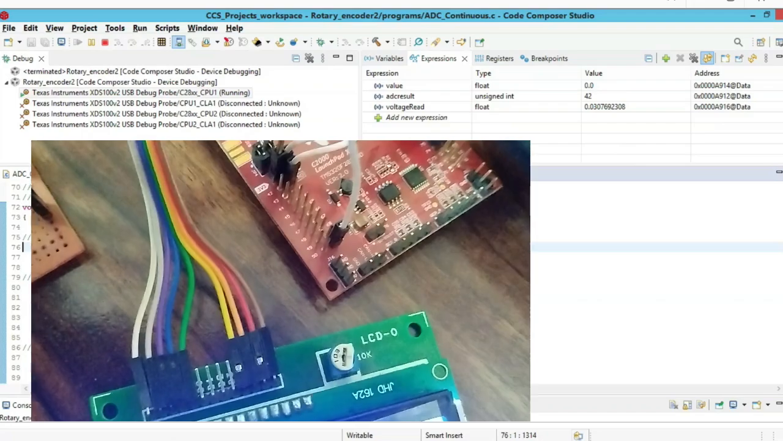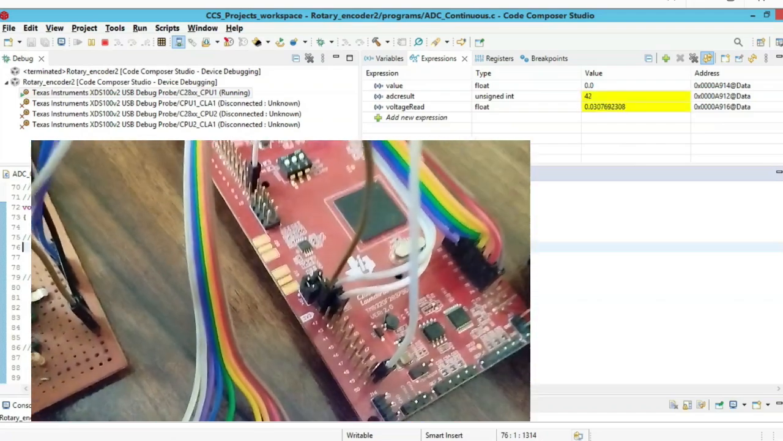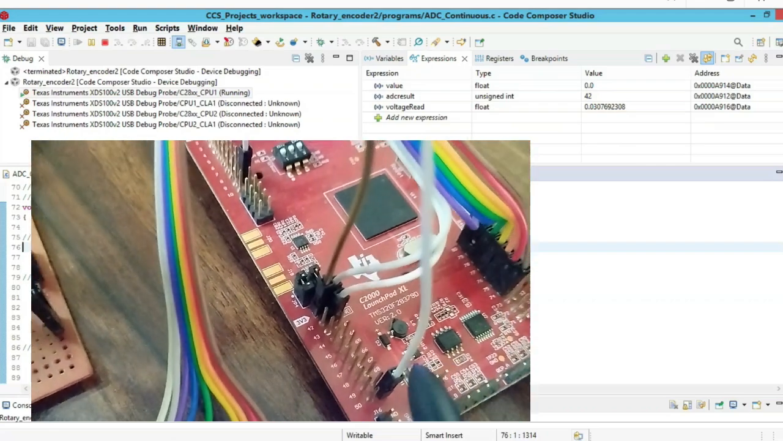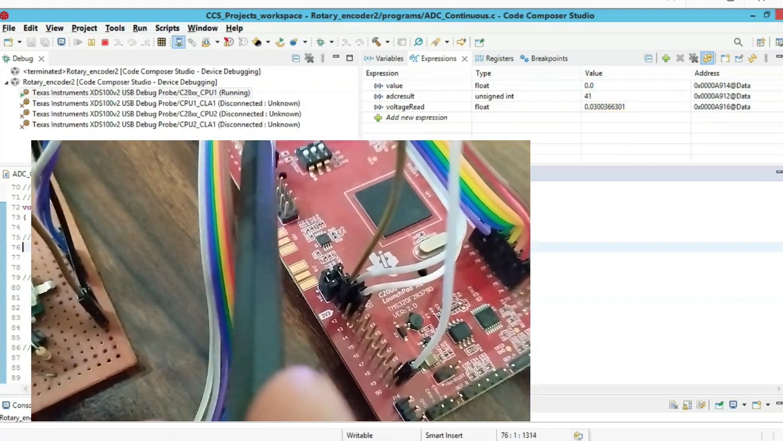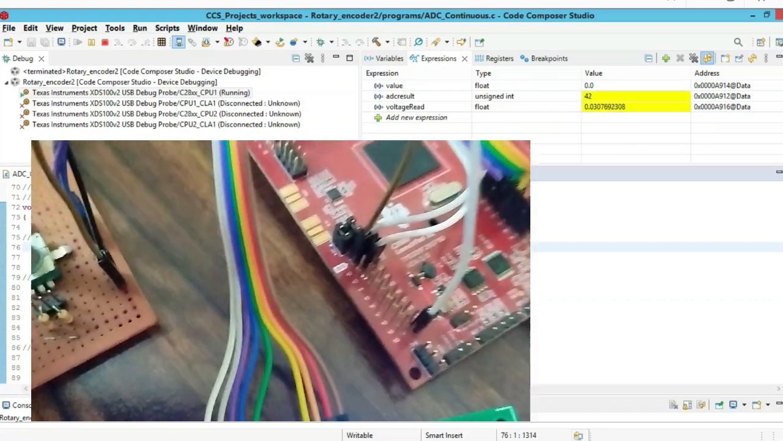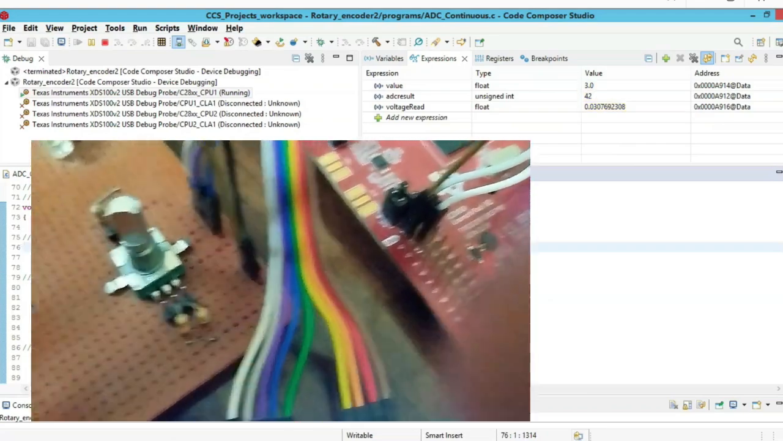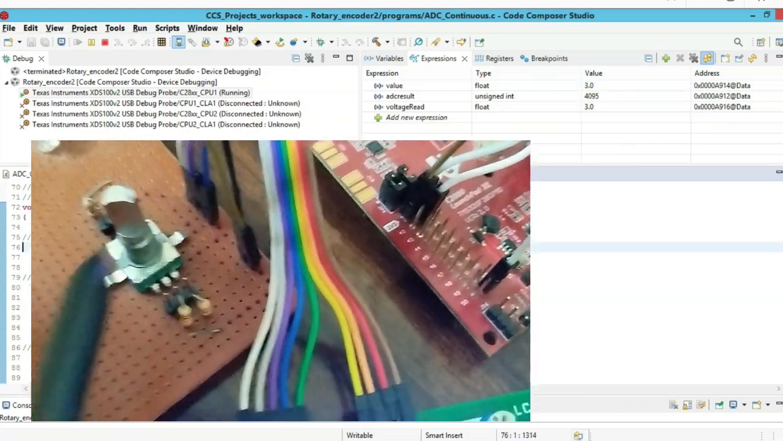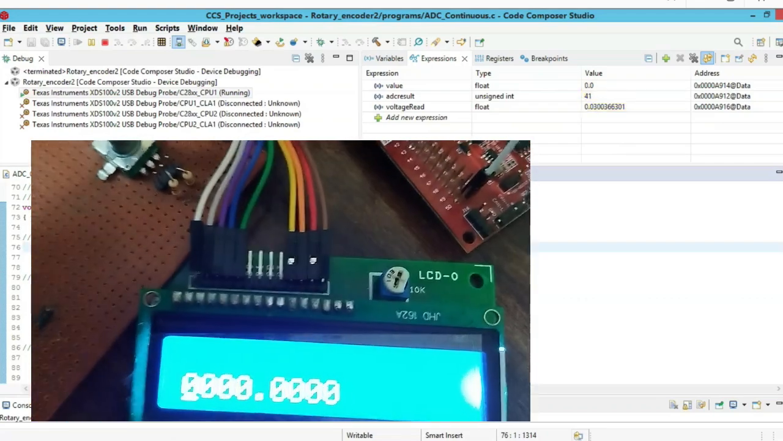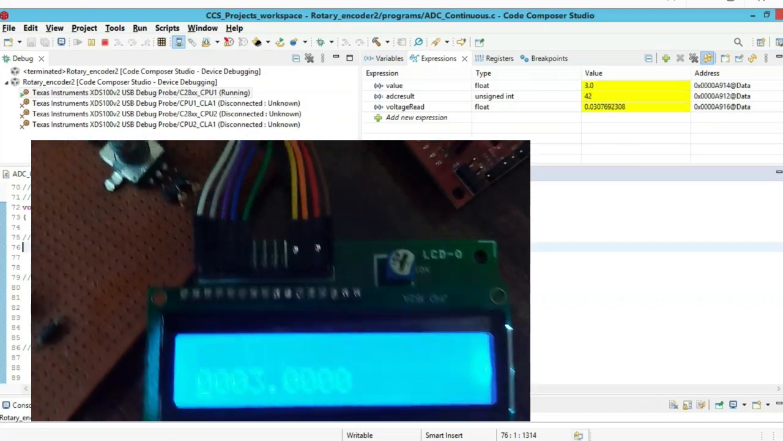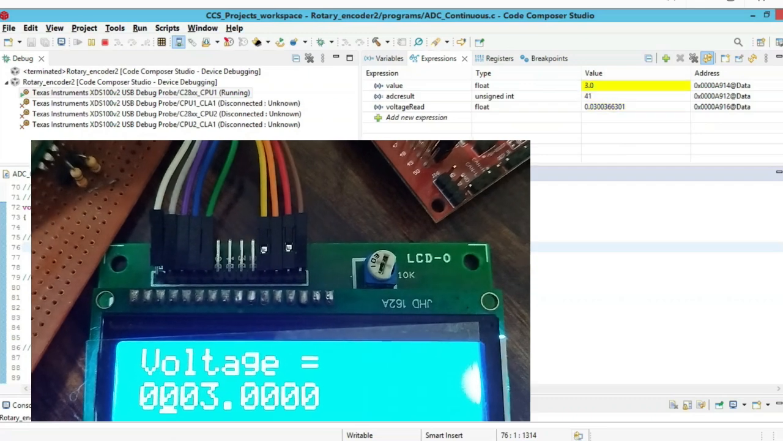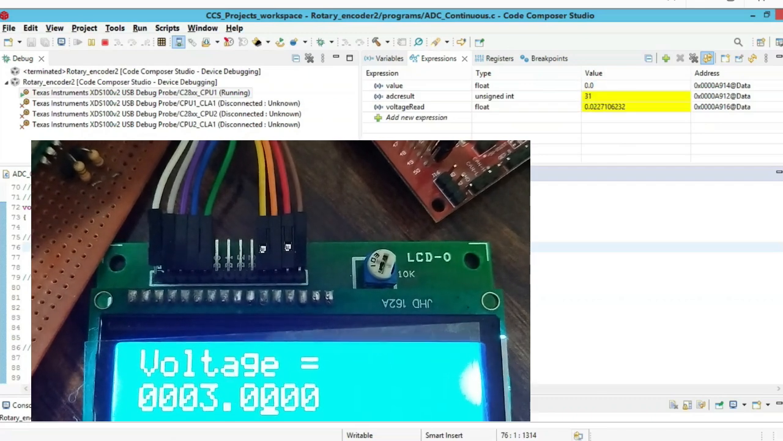So here you can see that we have the LaunchPad, and we have configured the DAC channel B. So the DAC channel B output is this one, and the ADC channel 1 is this one, and we are changing the DAC output by the rotary encoder, and the rotary encoder is given here, and the value of the rotary encoder is displayed on this LCD display. So now what we will do, we will run the display, and we will see that